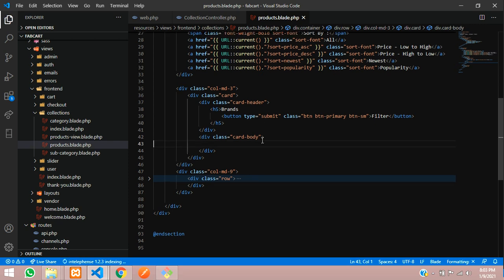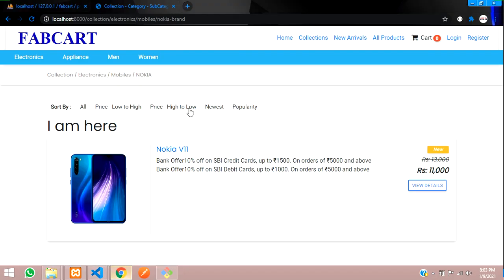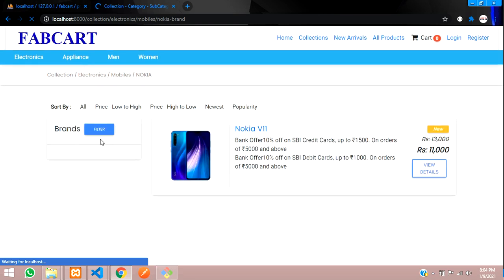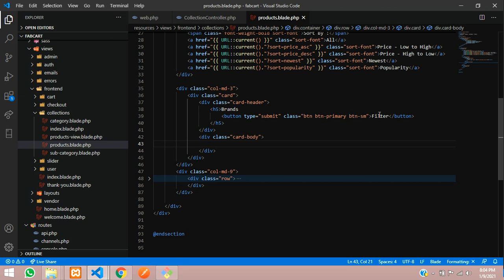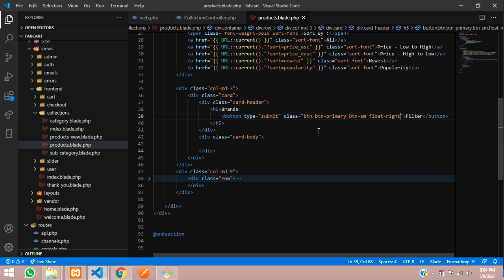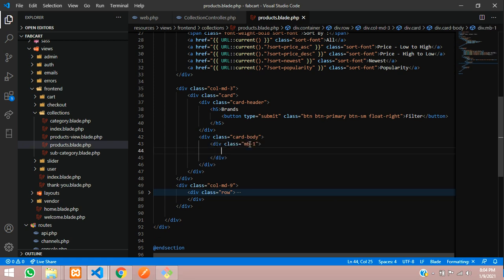Now guys, let's check the output for it. Let me refresh the page where you will see the output. Cool. So this is one user interface we have made ready, and let me make this float right, right? Let's give one margin bottom of 1, and inside this div I want to create the input tag.